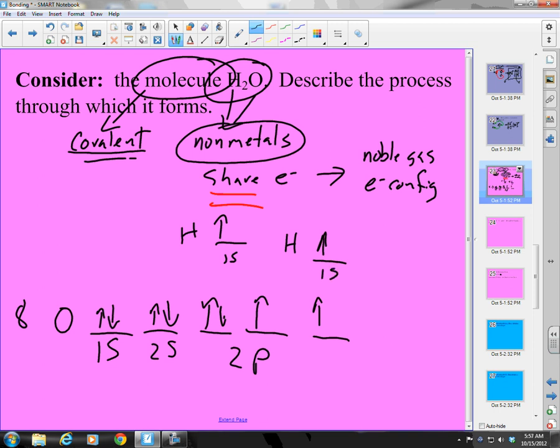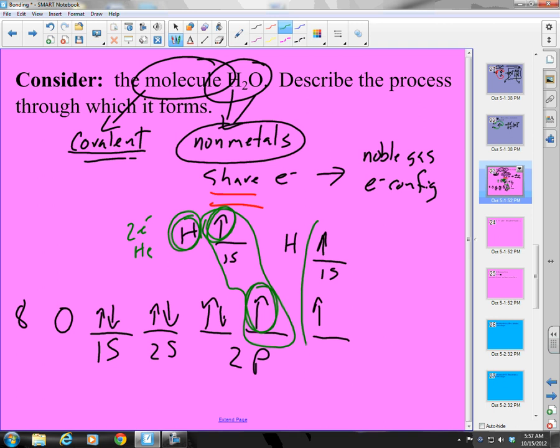Here it is. Good. Now what happens? Well, if I can get this hydrogen orbital to overlap this oxygen orbital, and they share electrons, all of a sudden, how many electrons does this hydrogen see? Well, it sees this electron here, and it sees this electron here. So it feels it has 2 electrons, and that makes it like helium. And if these 2 orbitals overlap, then this hydrogen sees this electron and this electron, so it feels 2 electrons, and it has a helium